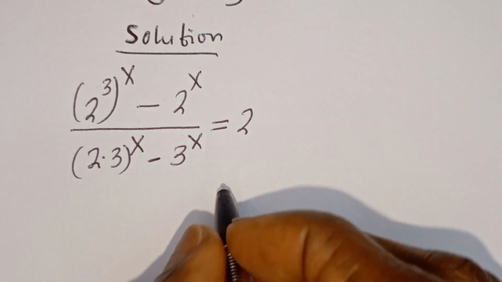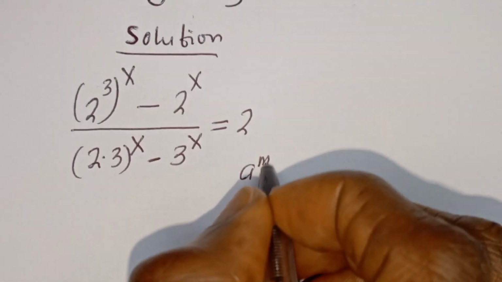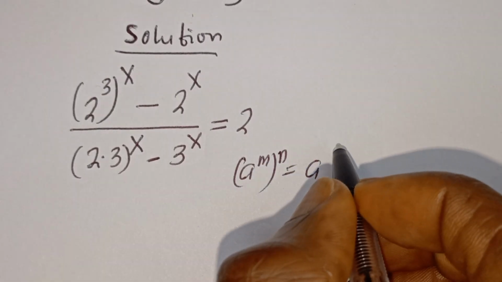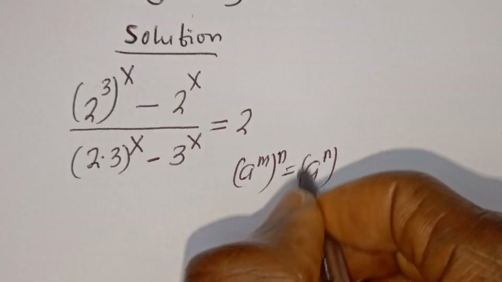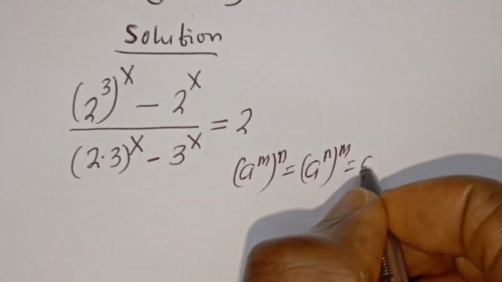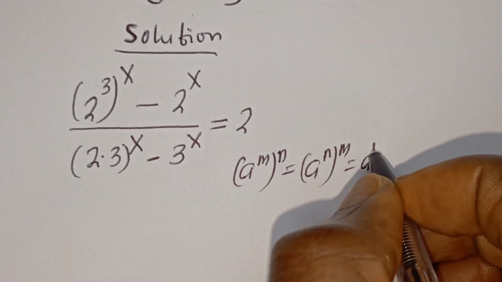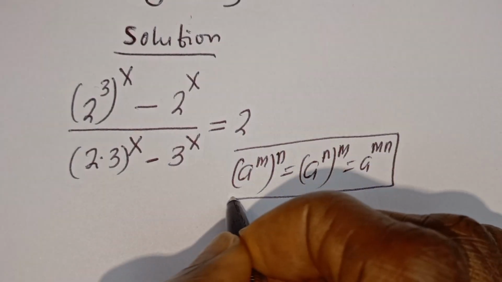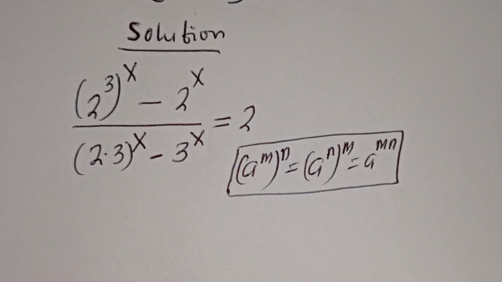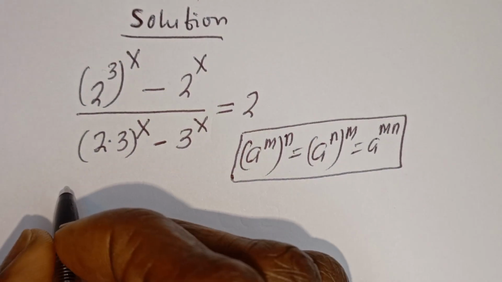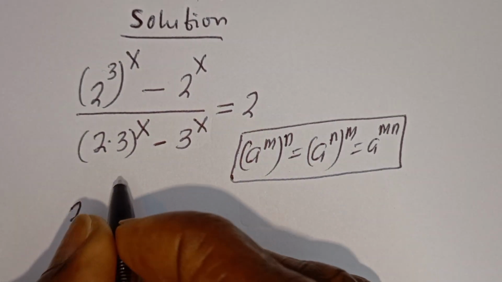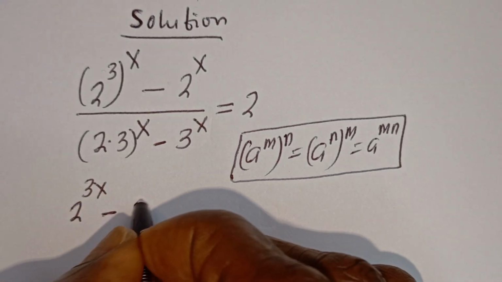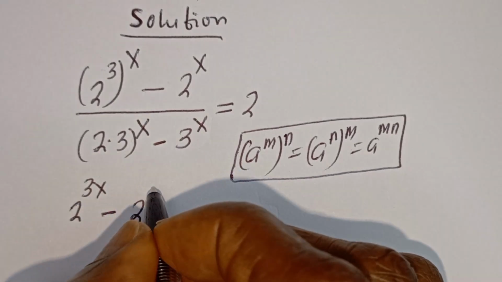Then take note of this, that if you have (a^m)^n, this is equal to a^(mn). This can be written as 2^(3x) minus 2^x,